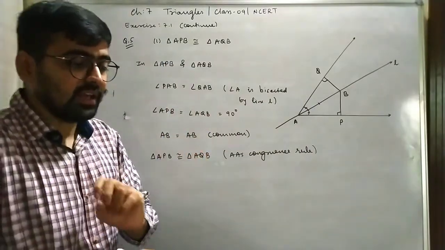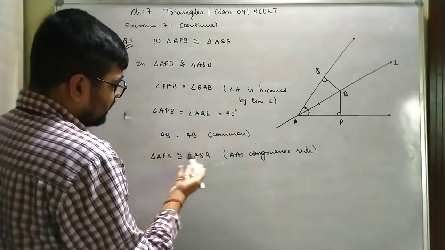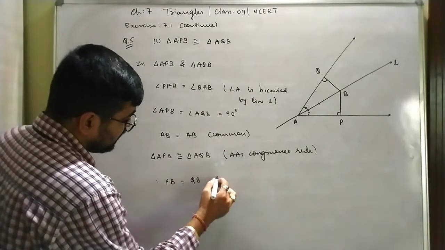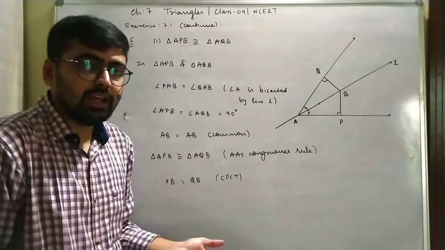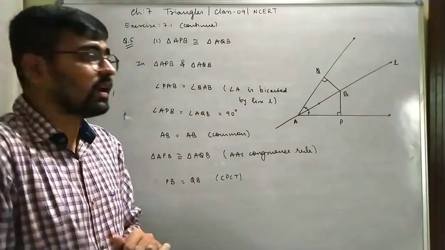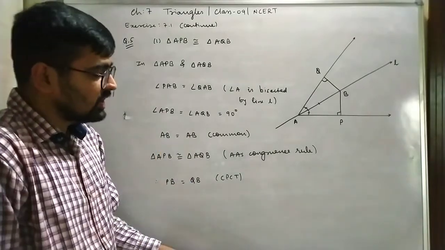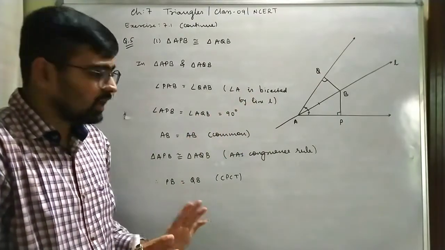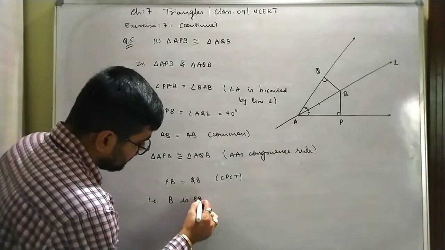Now the second one, they are saying that BP equals BQ, correct. So I can easily write now, if I get to know this is equal, therefore BP or PB equals QB by CPCT. That's it. Problem done. Am I clear? Nothing more than this. And it says that B is equidistant from the arms of angle A. So yes, definitely. If PB and QB are equal, that means the distance of point Q and point P from B is equal. Am I clear? Let's write one more statement, that is, B is